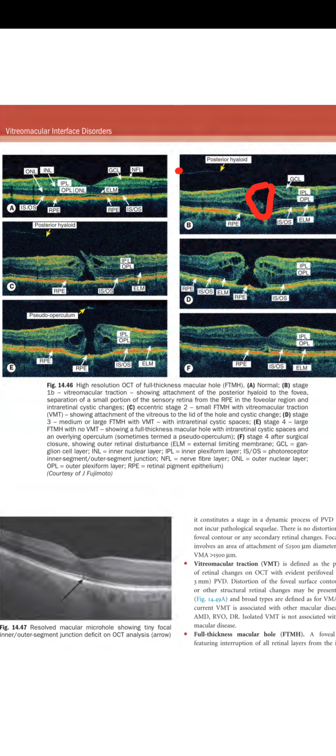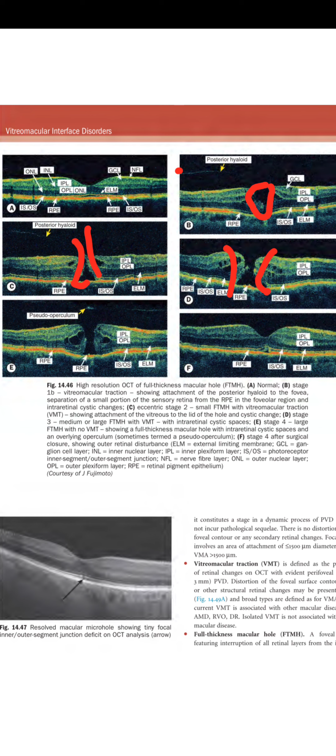C is showing us an eccentric stage 2 small full thickness macular hole with vitreomacular traction, showing attachment of the vitreous to the lid of the hole and the cystic changes. D is showing stage 3 medium or large full thickness macular hole with VMT with intraretinal cyst. So this is showing us a stage 3. E is showing us a stage 4, a large full thickness macular hole with more VMT, showing a full thickness hole with the intraretinal cystic spaces and closure